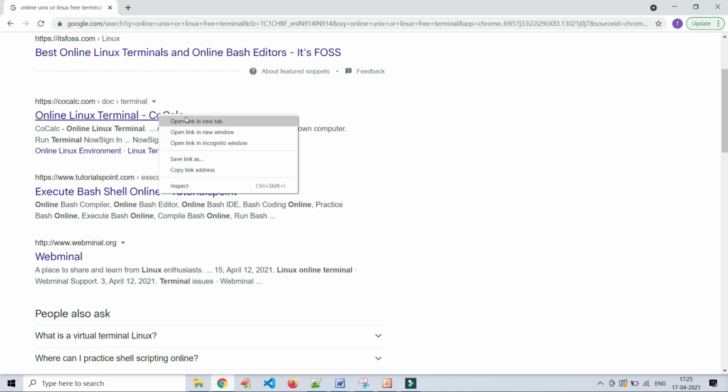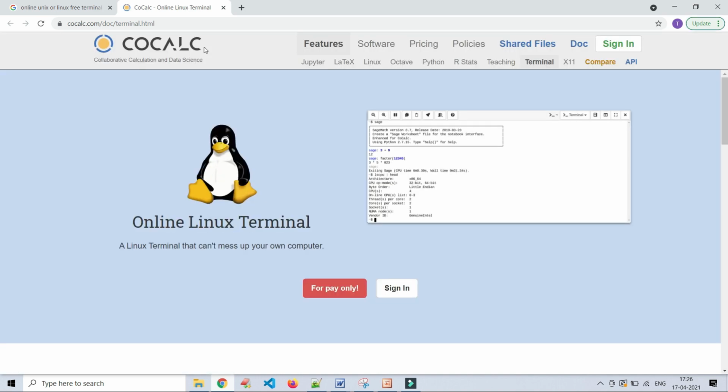For this, open a new tab. Once you click on CoCalc, this is the URL and this is the home page of CoCalc. See here, it is showing not only Linux, but also Jupyter, LaTeX, Octave, Python, RStats.